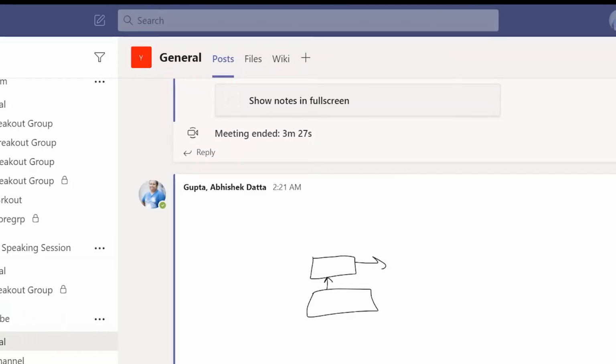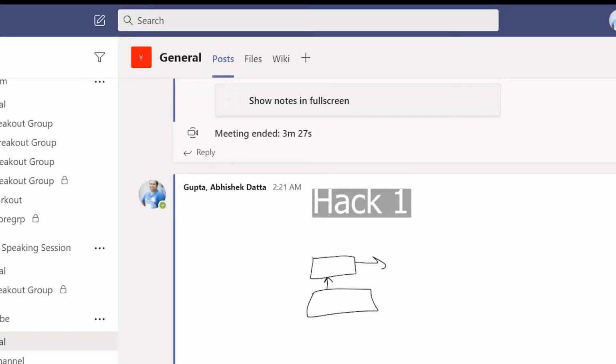The first hack is related to the environment of Microsoft Teams itself, because we have so many tabs, we have so many sections that we kind of move around. Wouldn't it be cool if we had some shortcuts? Yes, the first hack is the shortcuts, and to enable it I just have to press the Control plus dot